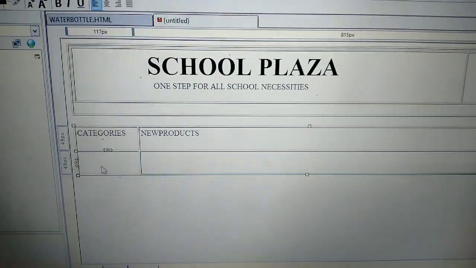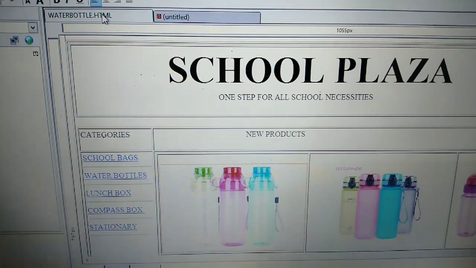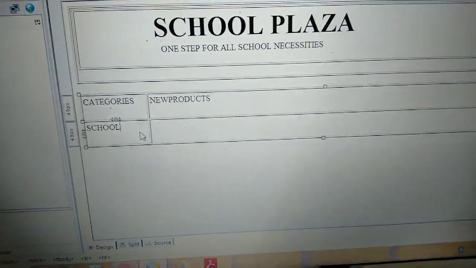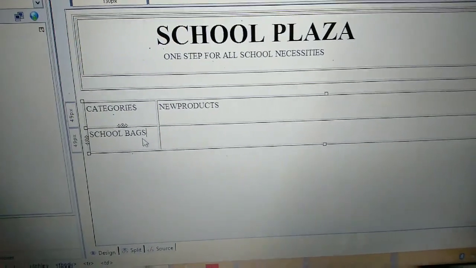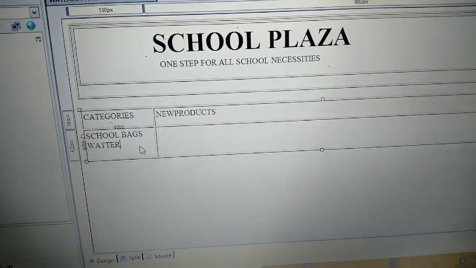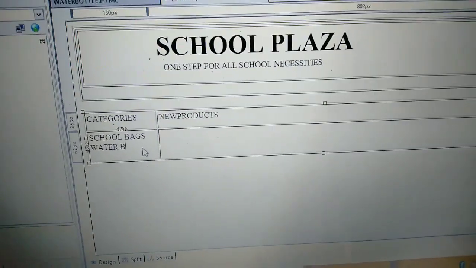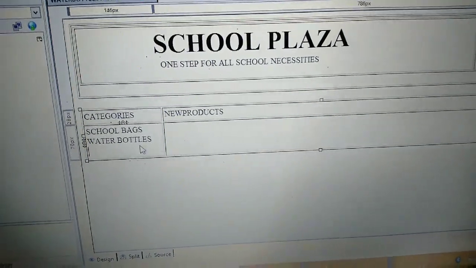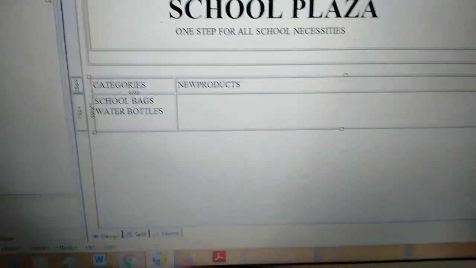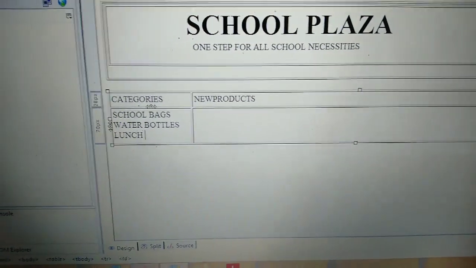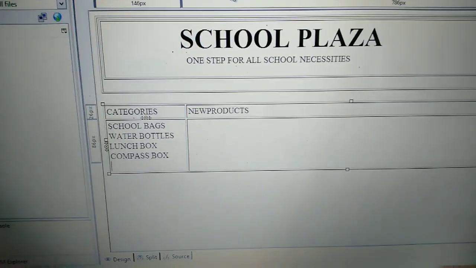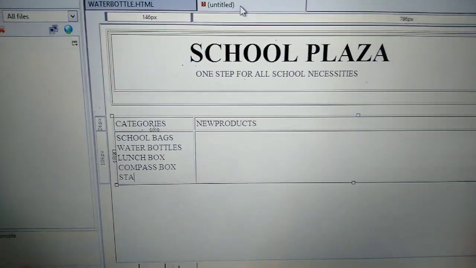Now in the category column I want to write the first page, that is school bag. Second is water bottle. Write school bags and press the enter key. Water bottle, enter key. Third category is lunch box, fourth compass box, fifth stationery.